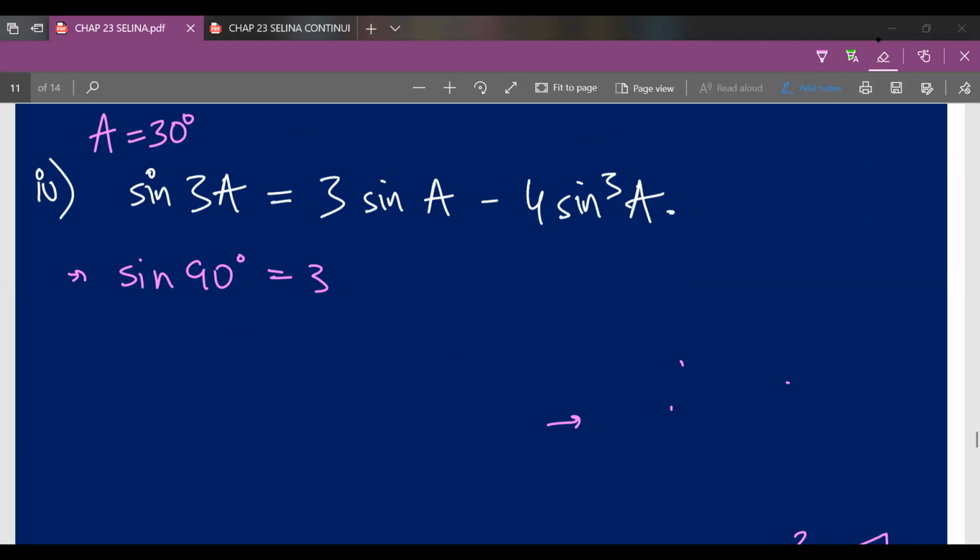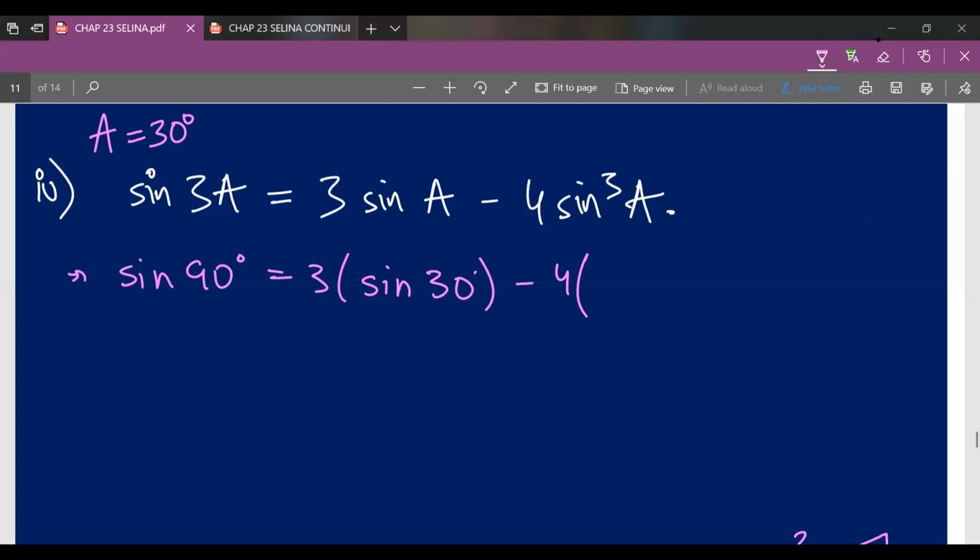Okay, so sin 90 degree will be, okay, I'll just solve the RHS first. So 3 sin A. Now I've told you the difference, so no need to panic. Sin A, which will be sin 30 degree, minus 4 sin cube A. Now over here it is simple. First we had solved sin A, then we had come to sin square A. Sin square A means sin A into sin A. Now sin cube A means sin A into sin A into sin A.